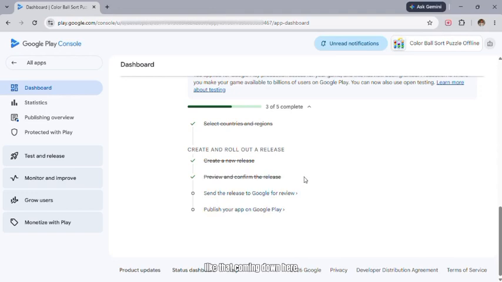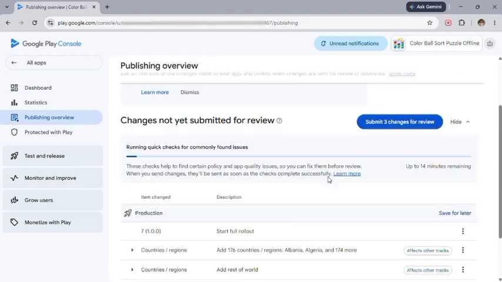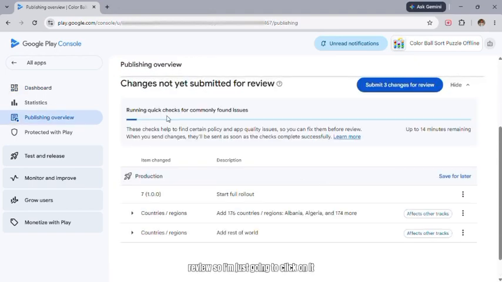Coming down here, you can see that these have been disabled, and now we can move to send the version to review. So I'm just going to click on it, and you can see that it is being